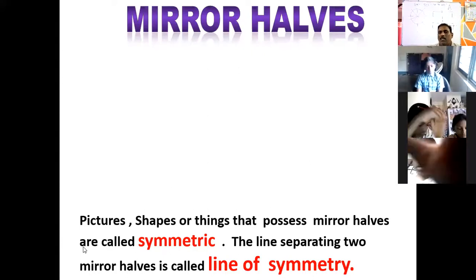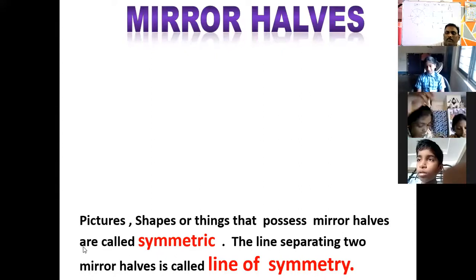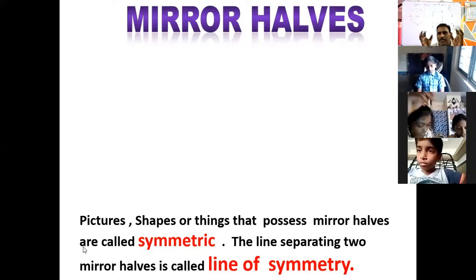You must have seen this type of mask available in the market. You can prepare your own mask. I have seen a few years ago, there was a craze about masks of Iron Man. All these Avengers masks were there. This is the line of symmetry. You can see the exact shape on both the sides. You can try preparing this type of mask.